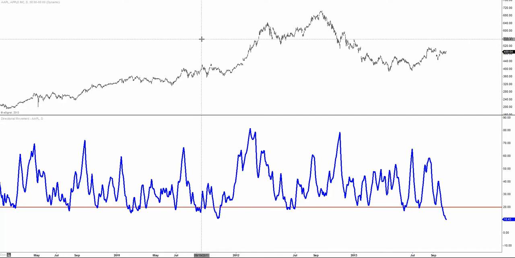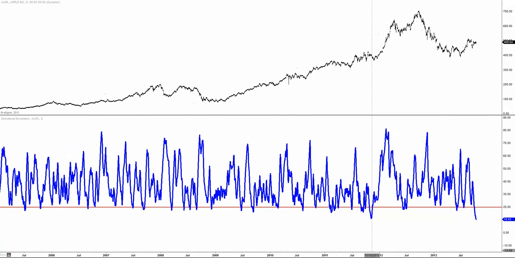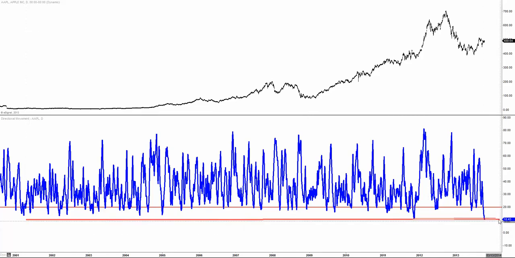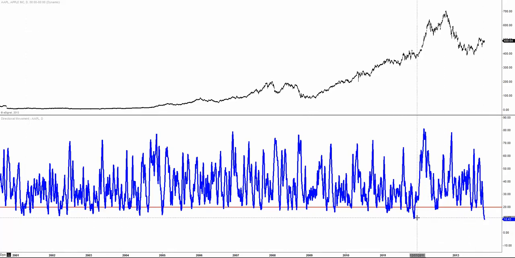And this is where I found something that stood out to me. This is what we call ADX here, and ADX is basically a momentum indicator. Here's what we're seeing right here. We can see that the ADX has never been this low since its lifetime, pretty much. When was the last time we came down this low? About the 10 level. There's only one time we actually touched it, which was